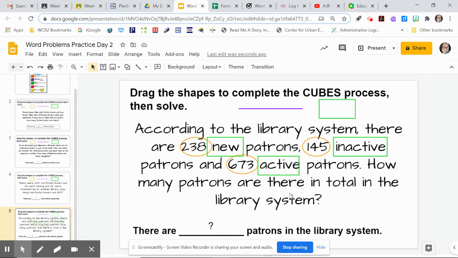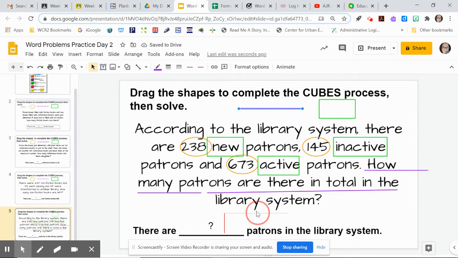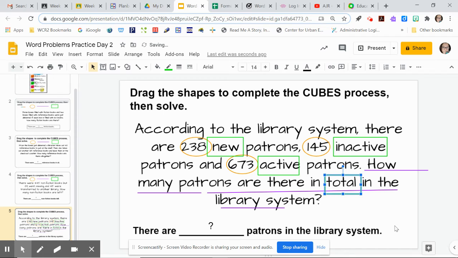How many patrons are there in total in the library system? Oh, I'm so sorry. I was supposed to underline the question. I'm going to do that now. So I'm going to get all of my little lines. I'm going to underline the question. I wonder, oh, I bet I could stretch that out instead of dragging it little by little. Oh, I figured that out. Hopefully you do too. All right, how many patrons are there in, oh, there's that word, total in the library